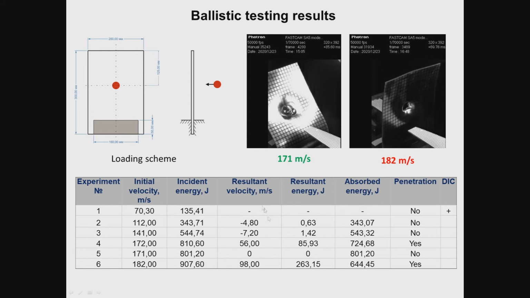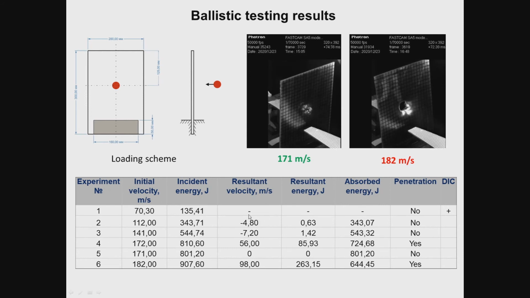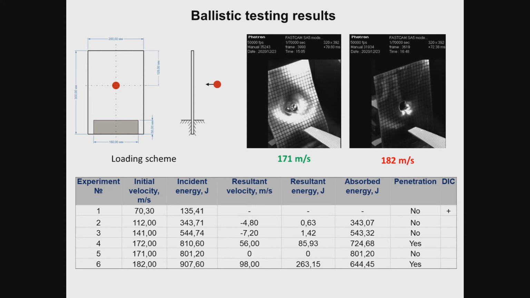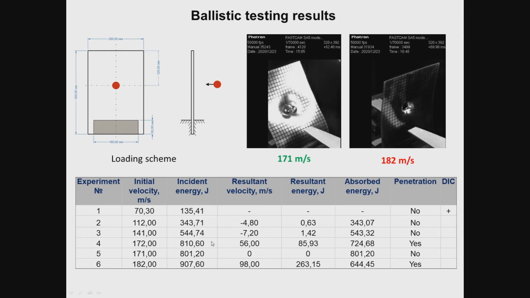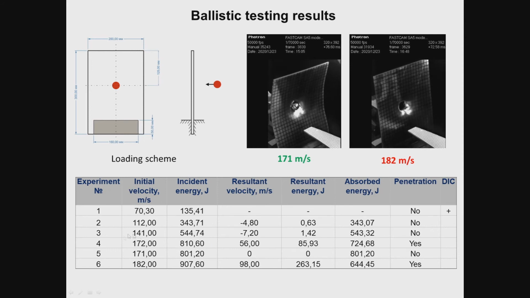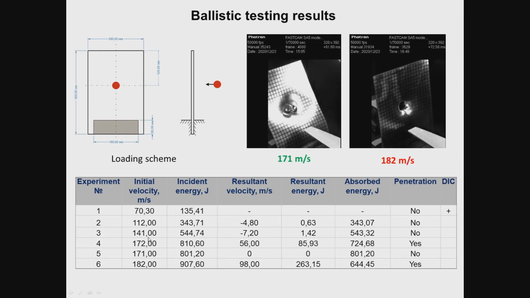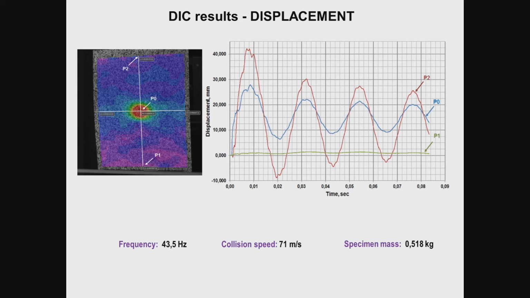The negative values of the resultant velocity refer to a projectile which rebounded off the target specimen after the impact. The main interest was in assessing the ballistic limit and the amount of energy that the sample is able to absorb. As you can see, the estimated value of the ballistic limit is about 171 meters per second. On the next slide we can see the time dependencies of the displacements